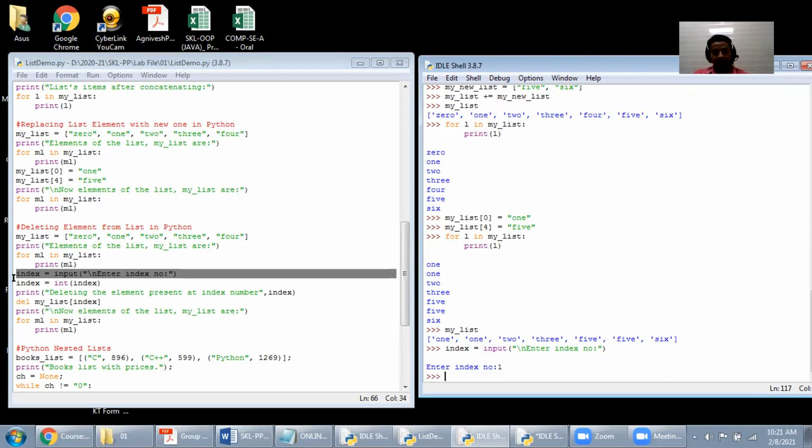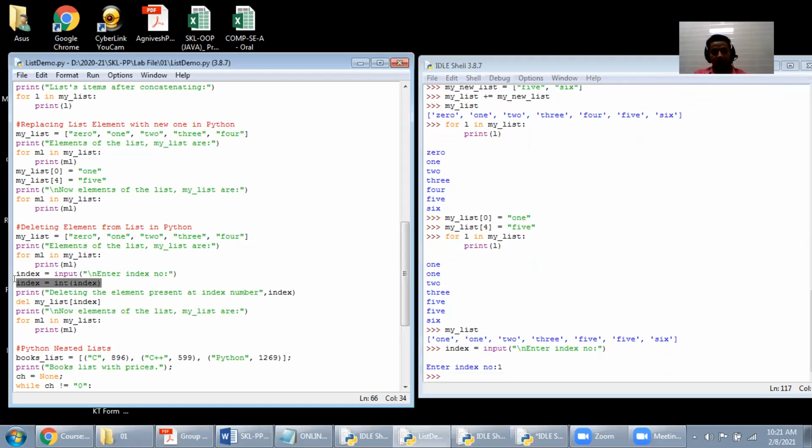Now we'll select and convert it into the index integer. Now here it is converted into the integer. Input is to accept the string. Now it will be converted into the particular data, that is your int value. So here it is converted into the integer part. And after that you want to delete a data.